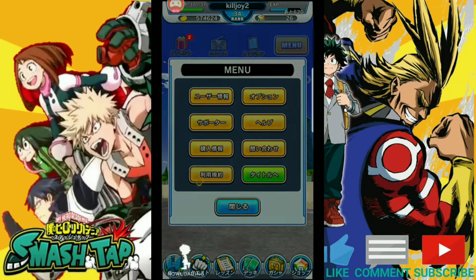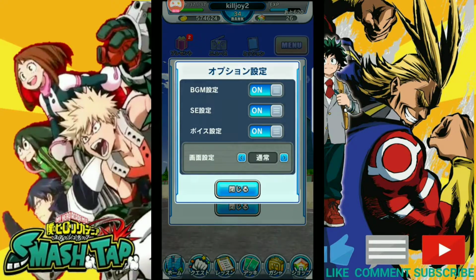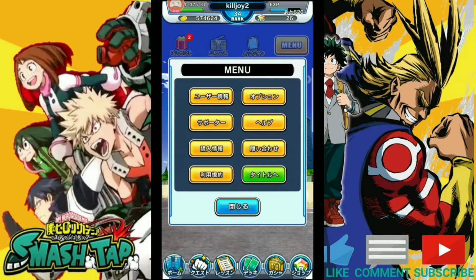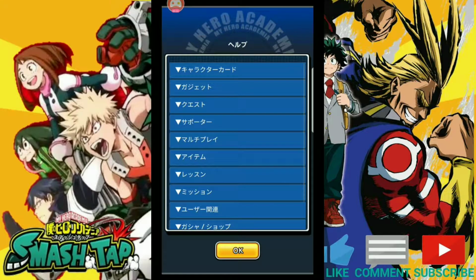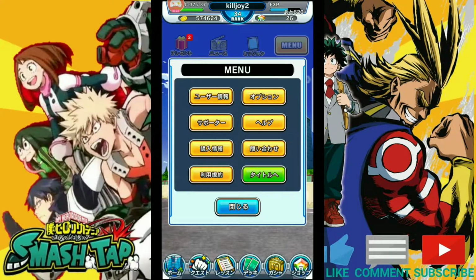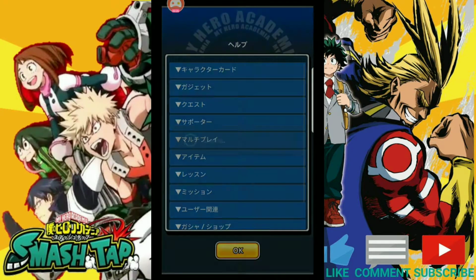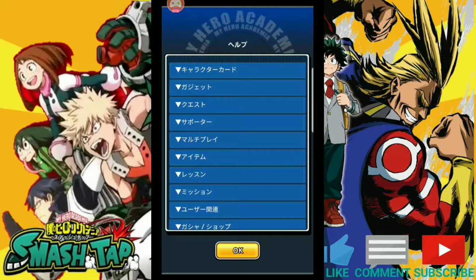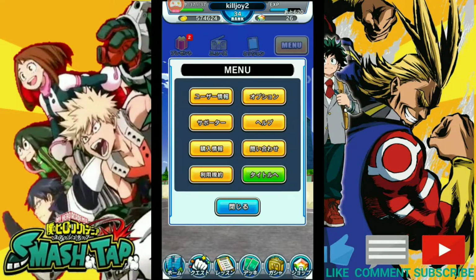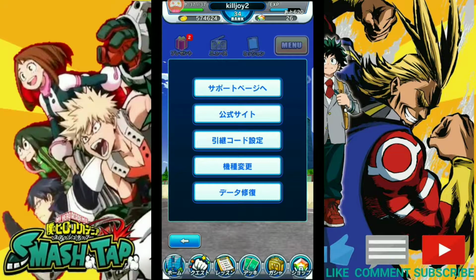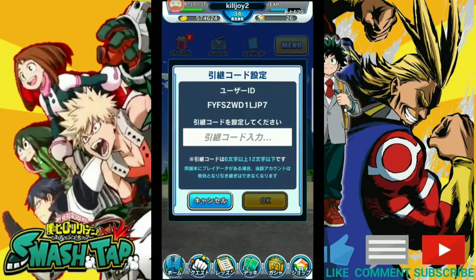But all of these little buttons are different types of information here. Little settings. This goes over here. The second from the right-hand side down goes to a bunch of other information, so it tells you which types are good against which types, about training and all that stuff. But the third one down, you can click again on the third one down, and